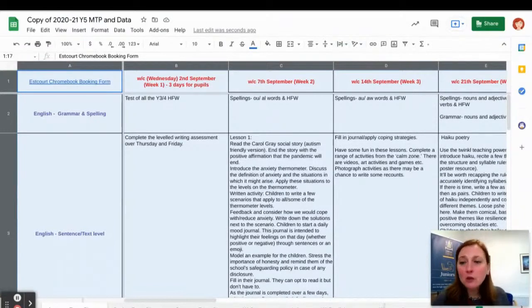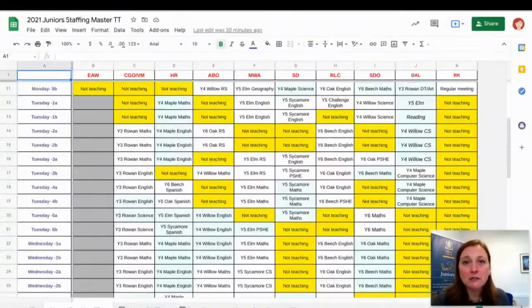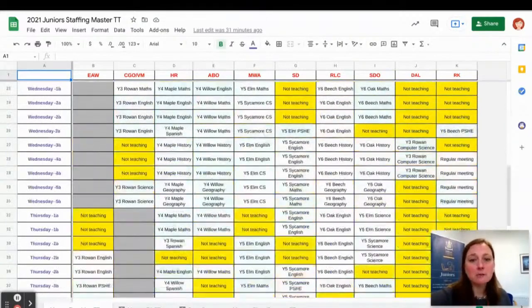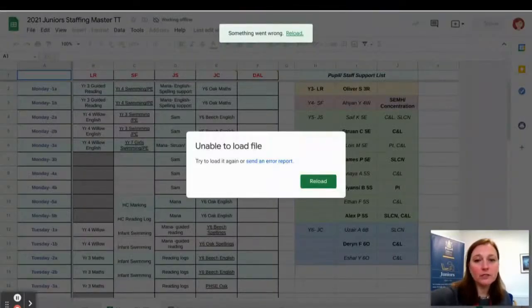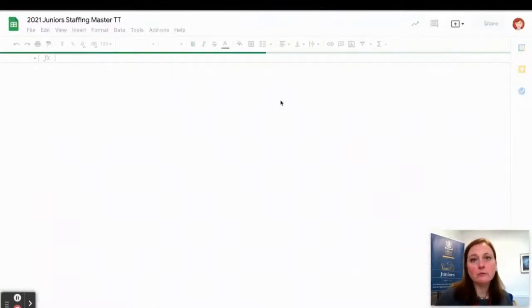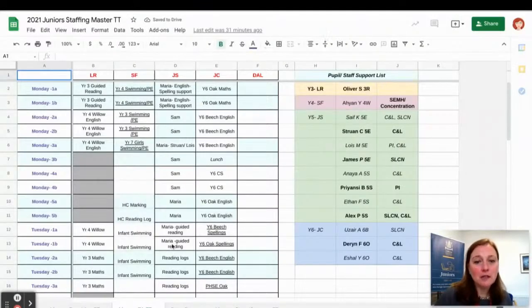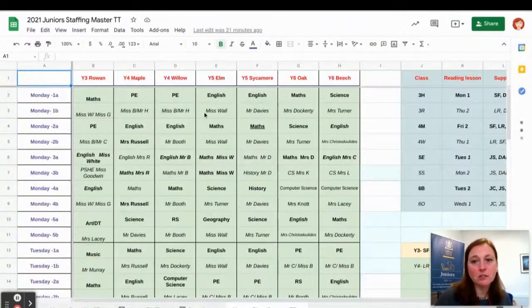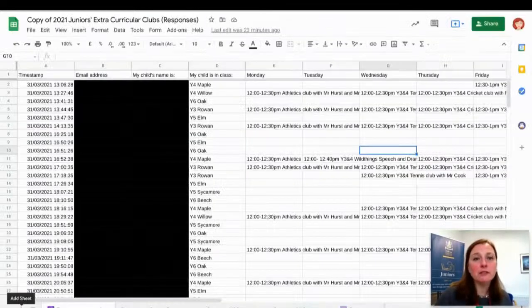Other ways that we use spreadsheets, I also have all the information for our staff timetables. I've got the master TA timetable. There we go, I've lost that there. Duty rotas, support and who they might be supporting. We also use it for